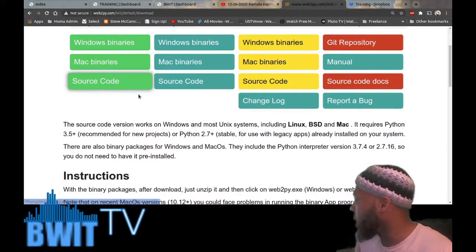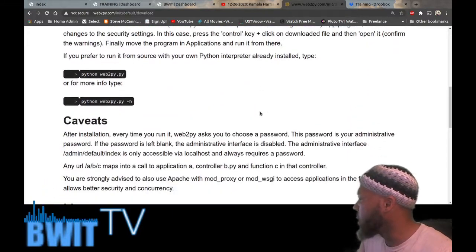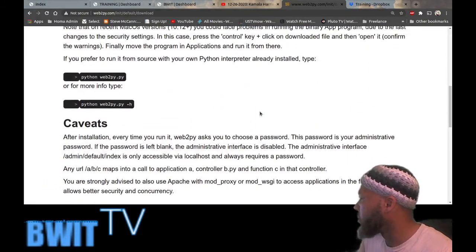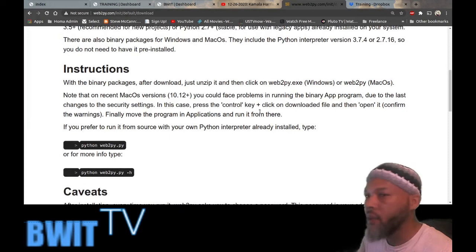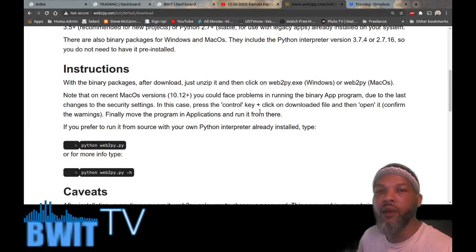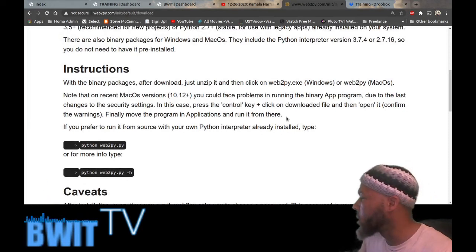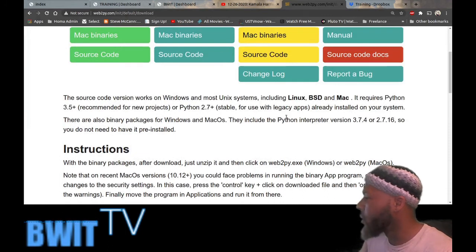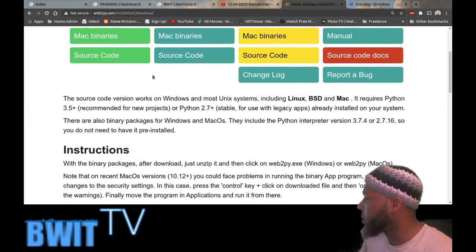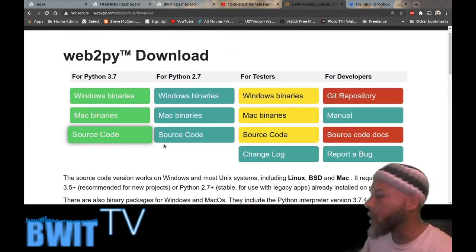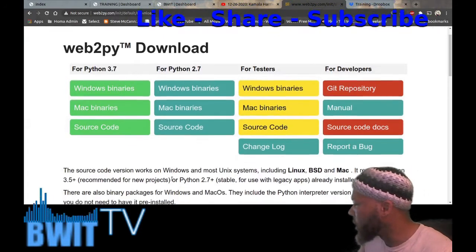So you guys find the version or download that you are wanting to get, based on your operating system. Okay. Once you get that downloaded,